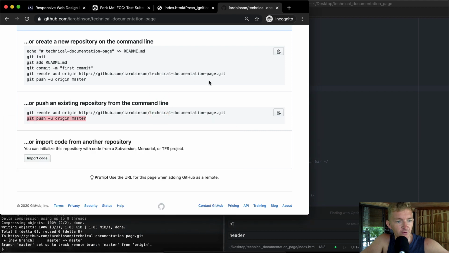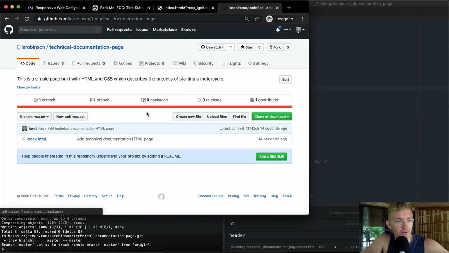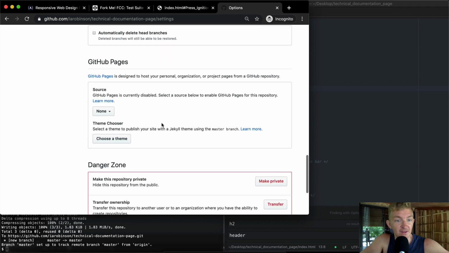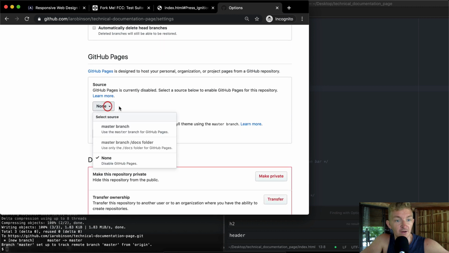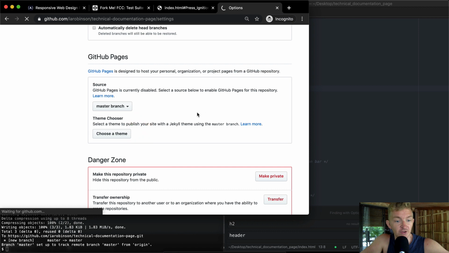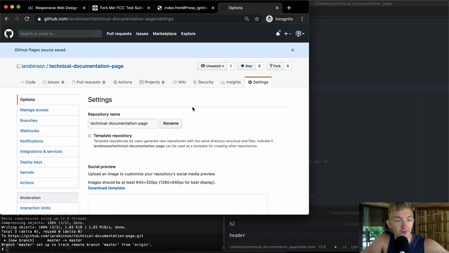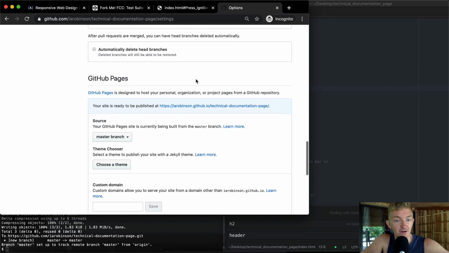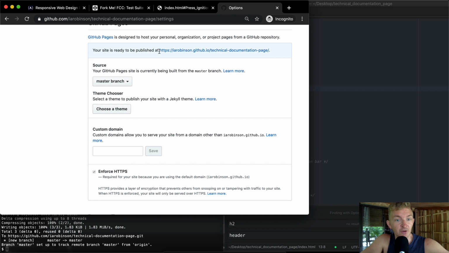Great. So now if we come back over here and we refresh the page, we're going to see that our HTML page has been uploaded and we've created our technical documentation page. And the cool thing is we can just go to settings and scroll down to GitHub Pages. And we can say set the source equal to the master branch. And the page will reload automatically. GitHub Pages source saved. And we can scroll down to here, and your site is ready to be published at